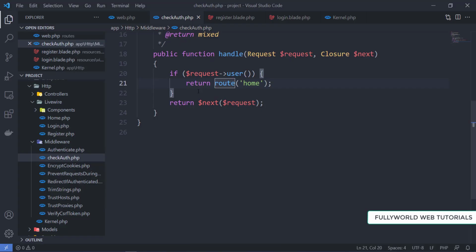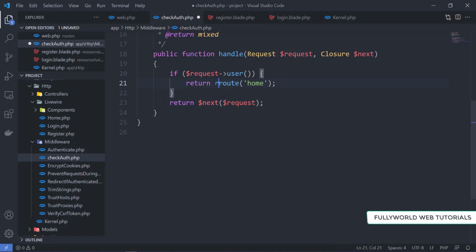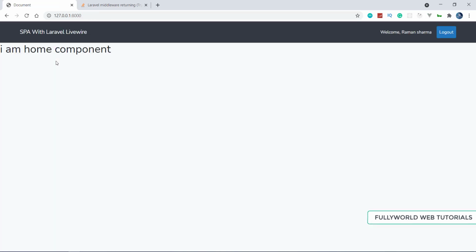See that here we are not redirecting the user to that route, we are just returning $next. So let's redirect this user also. Redirect to the home page, save it, and now let's reload it. Now we should not get any error here. See that now we are successfully redirected to the home component, and we do not have any errors of headers here.